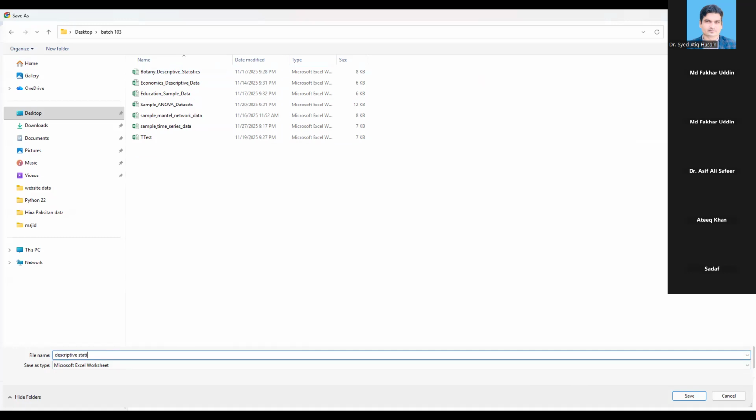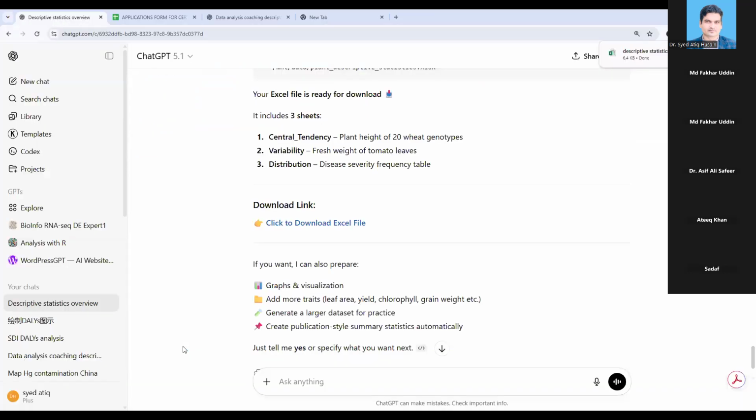Descriptive statistics, and save. You can open this file. Here are the three different types of data set. First is central tendency, second is variability, and third is distribution. Now I have a single Excel file, but in the single Excel file there are three sheets. I am sharing this